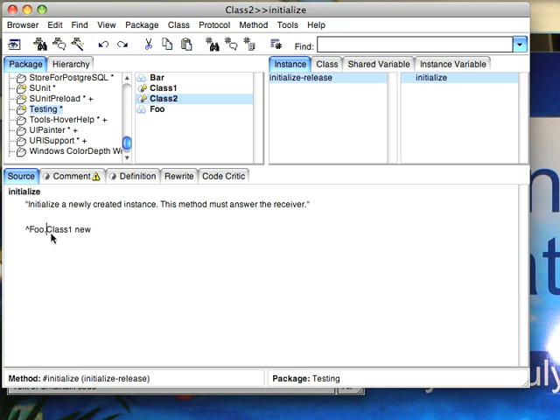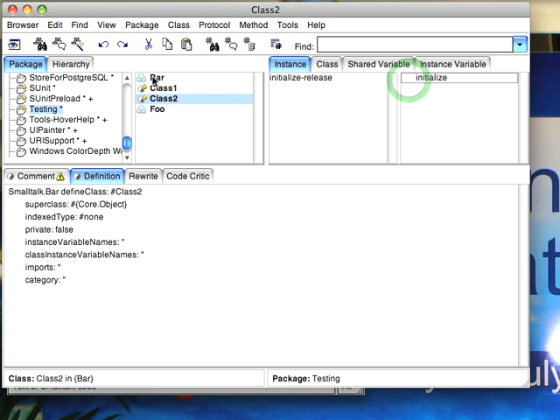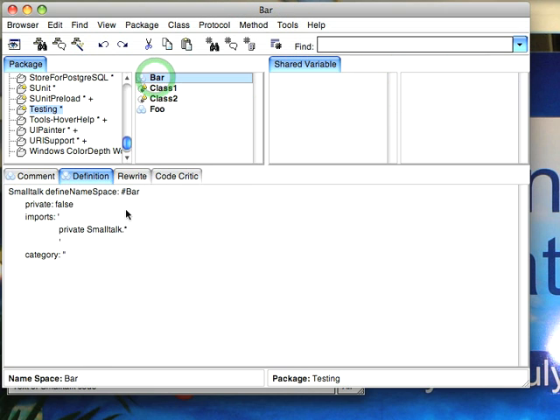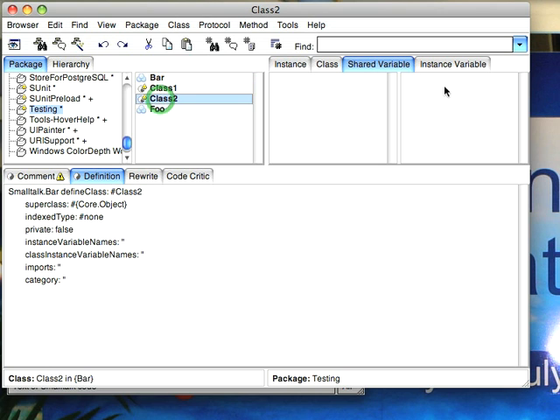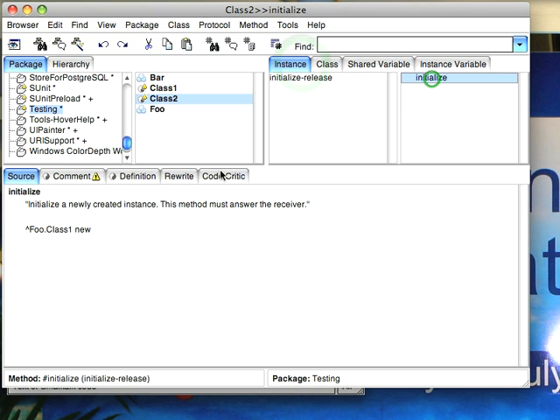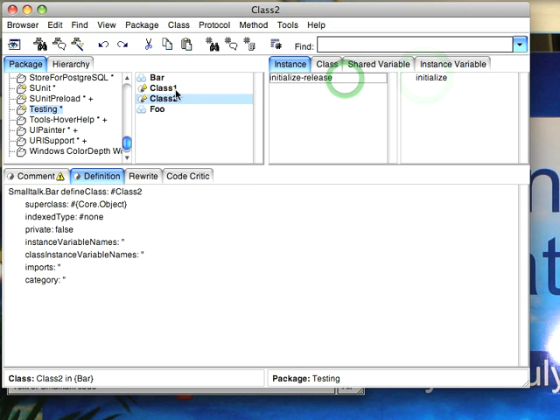it'll accept that. Or what I could also have done is gone out here to my bar namespace, and I could have done this. I could import the entire foo namespace, or just that one class, in. And now if I come back here to class 2, and I go to the initialize method, I could just bring this in this way, and it'll now understand it because I've imported the one namespace into the other. Now, let's bring that back out this way, and I'll deselect back out, and we will come back to our